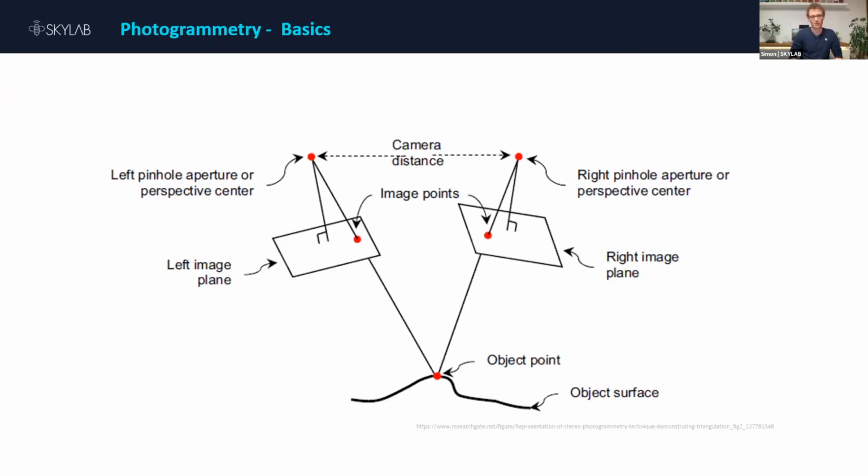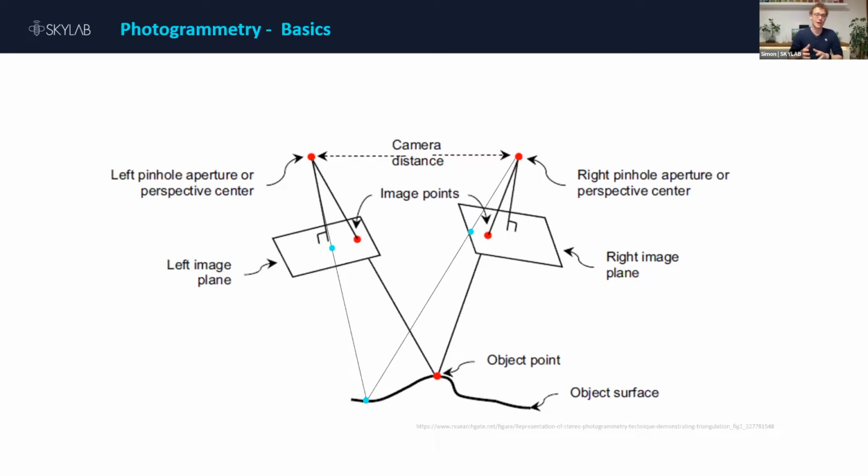So basically you have an object point on the object surface, and this object point is displayed in two images. And it's at different locations in these images. And you can connect these lines, and then you get a 3D point. And of course, it's not just one 3D point you get out of these images. You get multiple 3D points, as you can see here with the blue dots. So you get a lot of information just by taking images, and you can do 3D modeling.